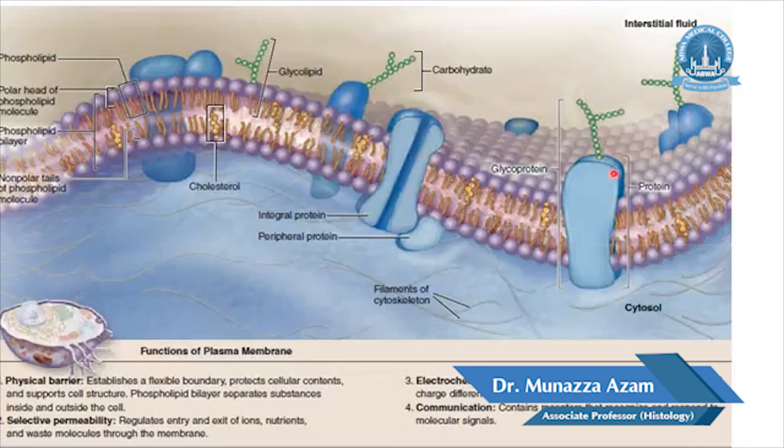Proteins can be integral proteins or peripheral proteins. Integral proteins are the ones present in the entire thickness, and if they project on both surfaces, they are also called transmembrane proteins. And these are the peripheral proteins which are attached on one side of the cell membrane surface, usually towards the cytoplasmic side. Carbohydrates in the form of chains are present, and this is the cytoplasm. It also contains the cytoskeleton, and the cytoskeleton fibers are connected to the peripheral proteins and help in structural stability.